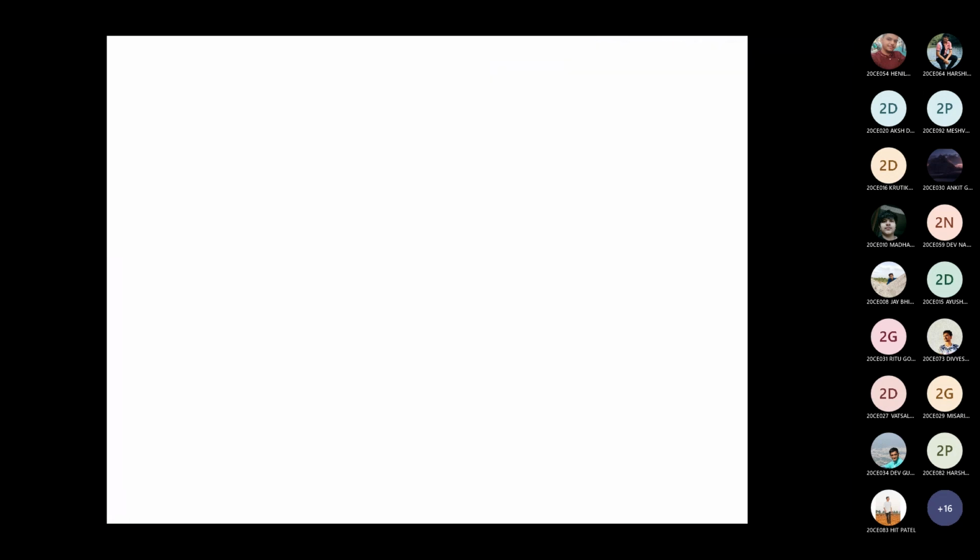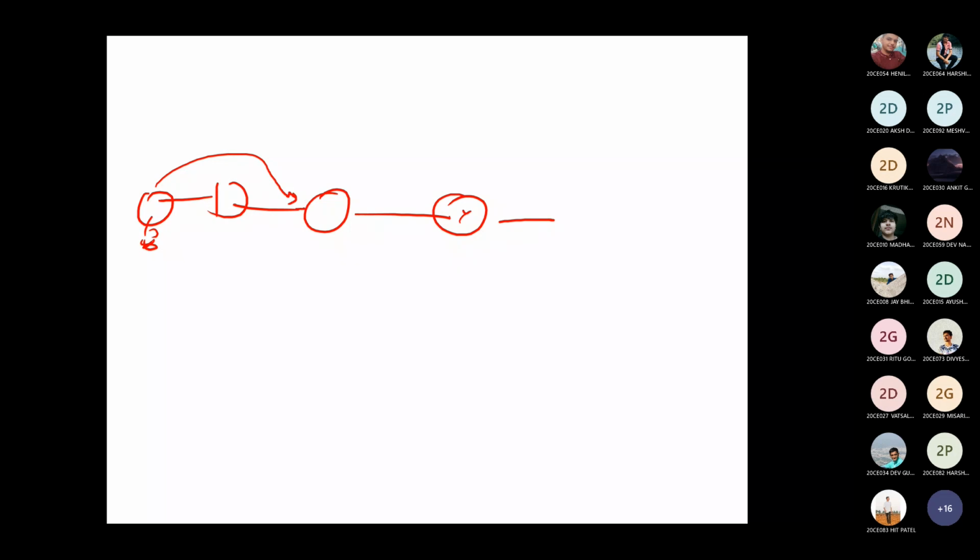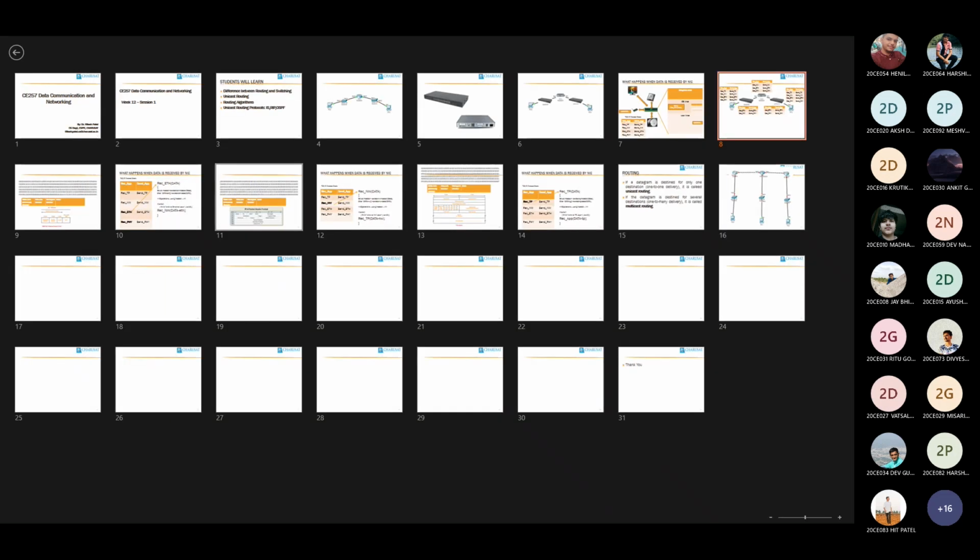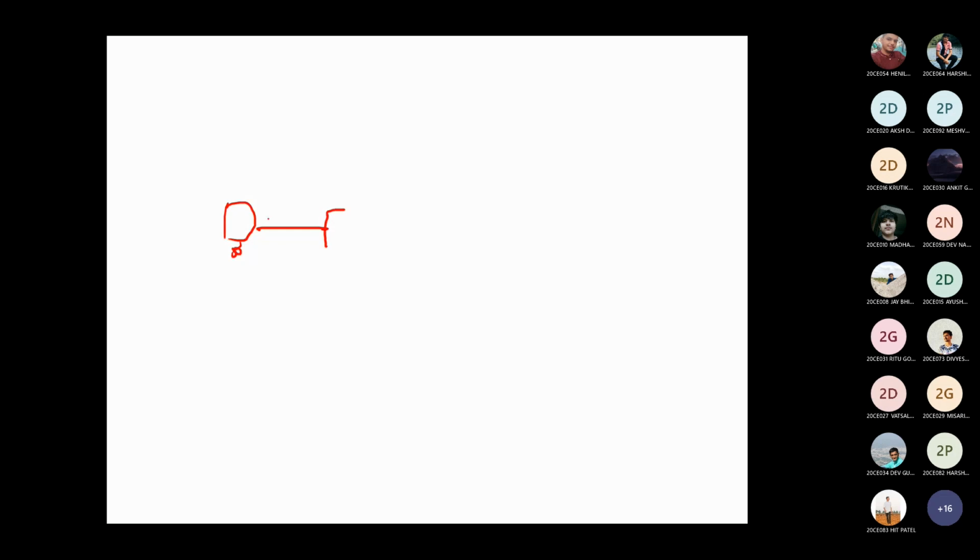For example, you are trying to say about this topology scenario. Okay, this is a switch and this is a computer. From this computer, our intention is to send to this gateway. This is computer, this is switch, this is router, this is again router, this is switch, and this is computer.